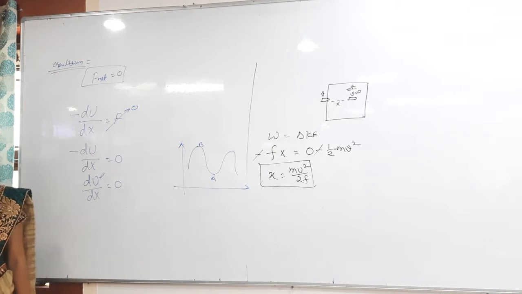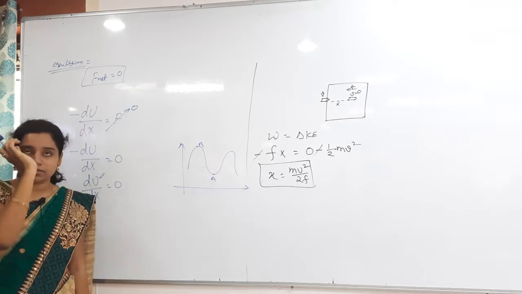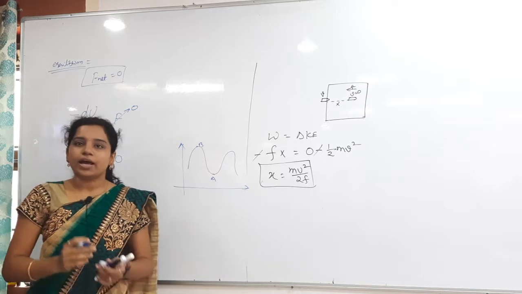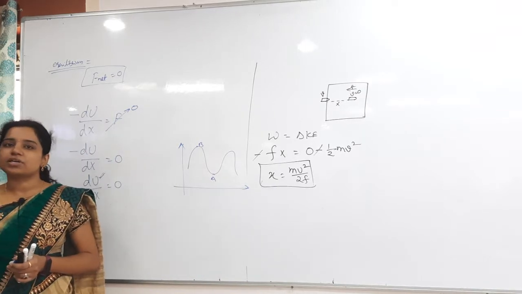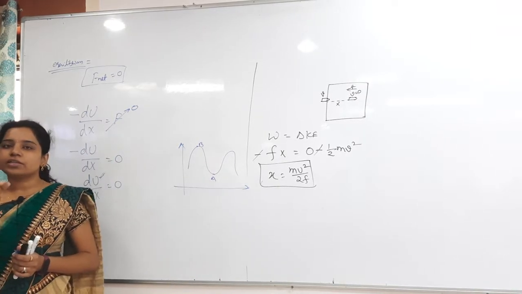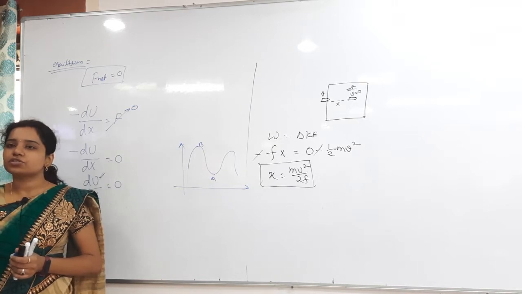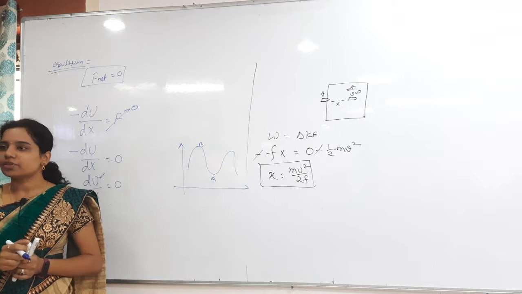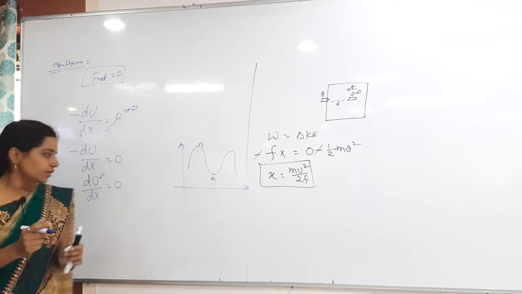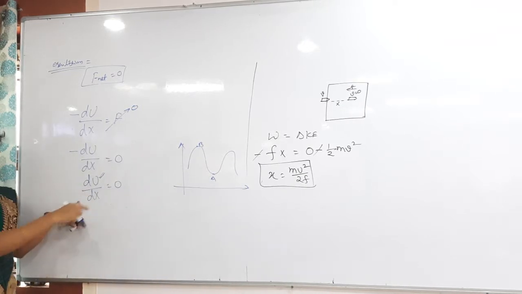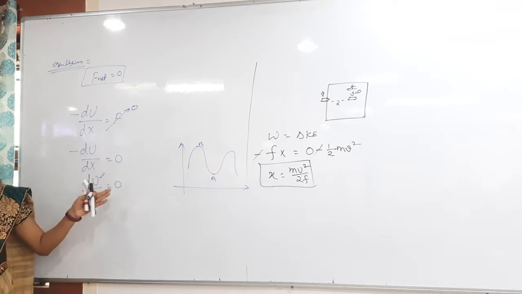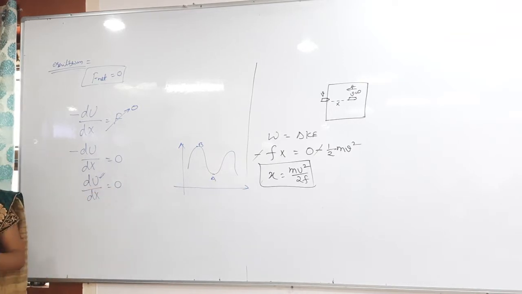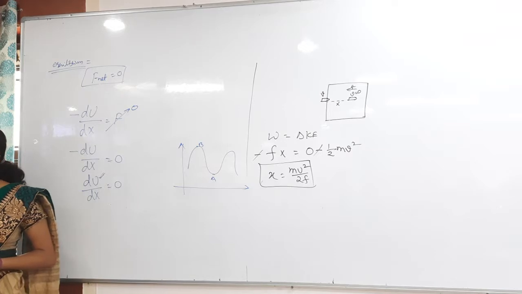And also, in the introduction classes I said that while doing trigonometry and all, there is a condition for the maximum and a condition for the minimum. Anything you are differentiating, if that value is equal to 0, then we can say that function is becoming maximum. You remember that? So here du by dx is 0, then u can be maximum, or if I send everything that side u will be 0, or it can be minimum also.